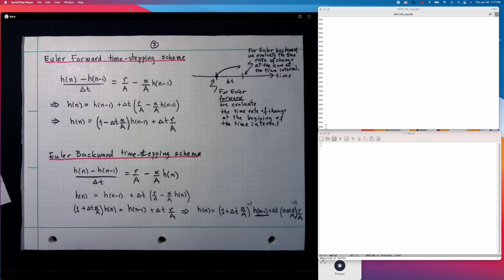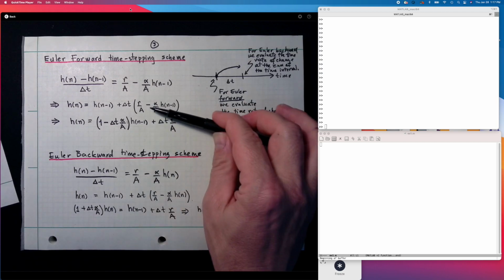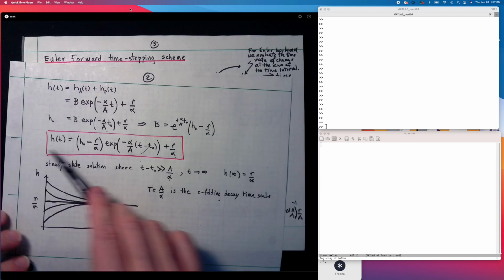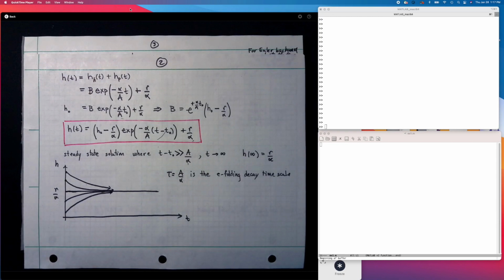So let's set it up and compare. We'll code up these two schemes in MATLAB, and we will compare them to the analytic expression over here. All right, so over here, tank with source and sink. So the source R, let's pick it to be 1 liter again per second,